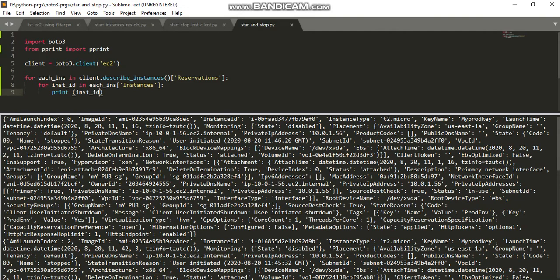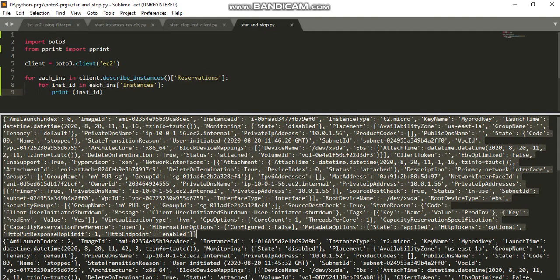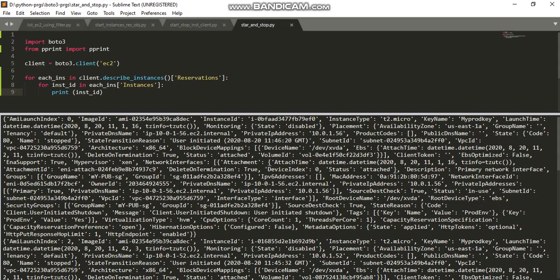This is for one instance, and the next one is also a dictionary for another instance. Let me take the instance ID for one instance, right? Let me execute.